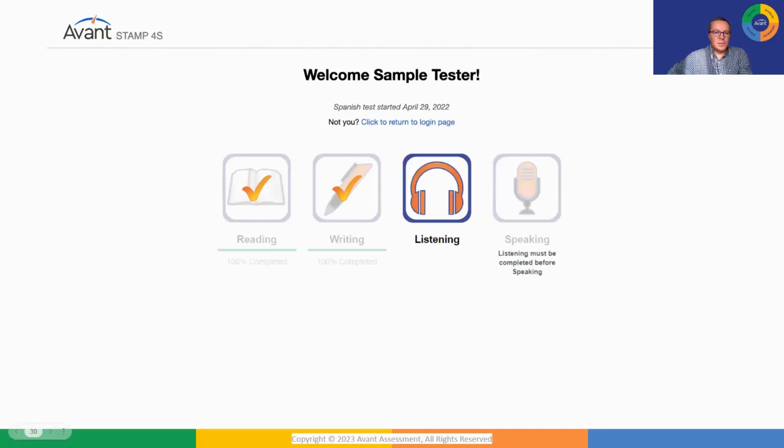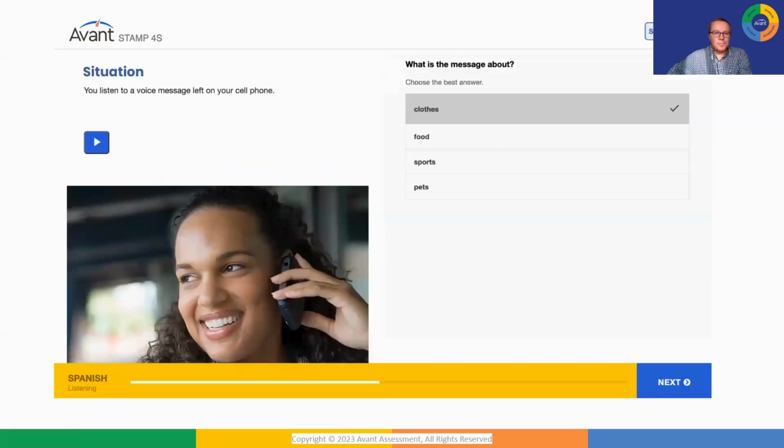Now we'll take a look at the listening section of the test. And again, here we see a situation with an image, a question, and answer options. STAMP 4SE test takers can click the audio button 2 times, and each time they click it, they will hear the audio 2 times, meaning they can hear the audio a total of 4 times. On the STAMP 4S, test takers can only click and hear the audio 2 times. For 4S test takers, the audio will play once each time they click the button, and they can only click